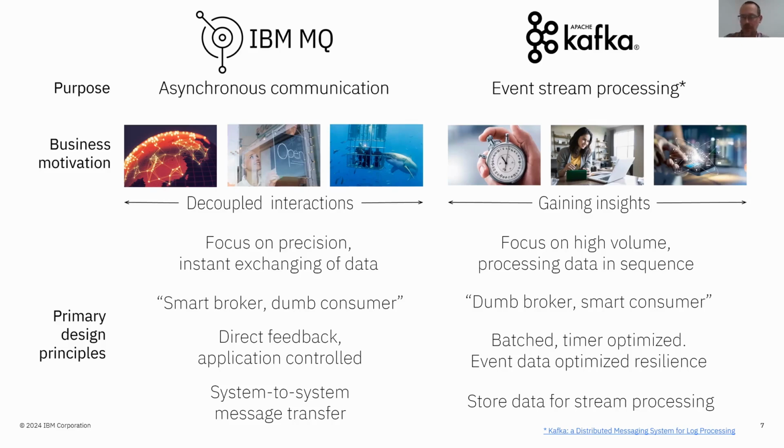Obviously, there's still a whole load of processing that goes there, but there's definitely a balance shift in this environment. And again, back on this precision thing, MQ is much more focused. When you send a message, you know whether that message has been sent or not, and you can control transactionally when that message arrives on the queue, whether you commit or roll back. Whereas with Kafka, by default, everything is batched and timer optimized. So you send a set of messages, and they don't necessarily go until a timer pops,